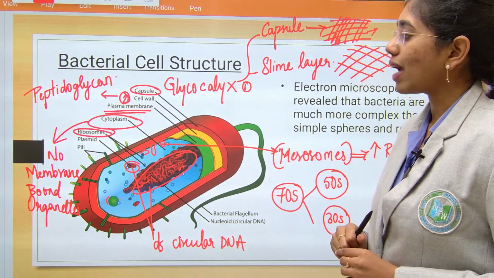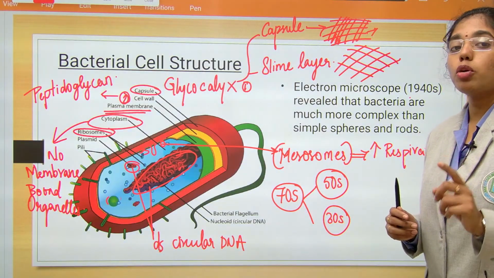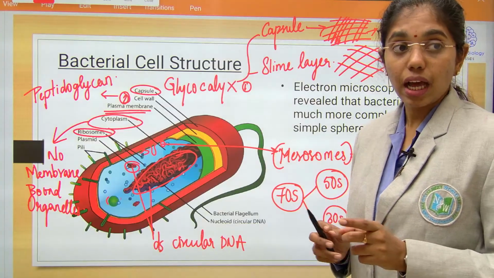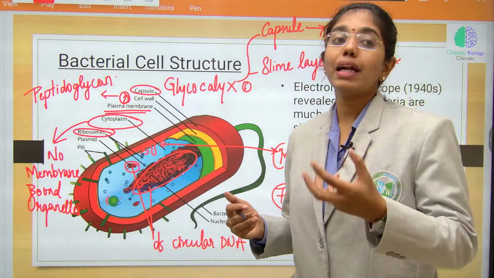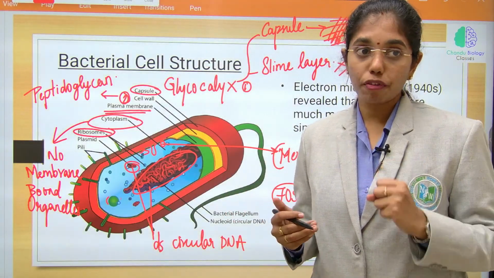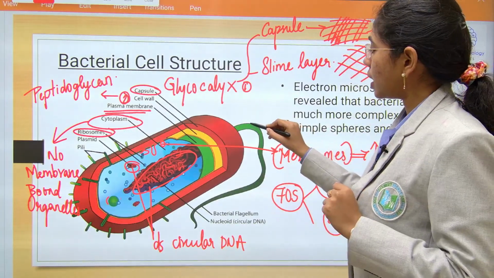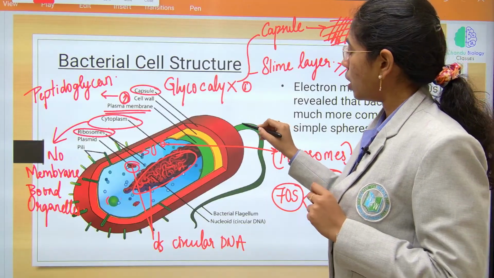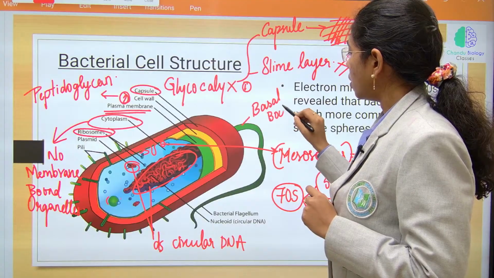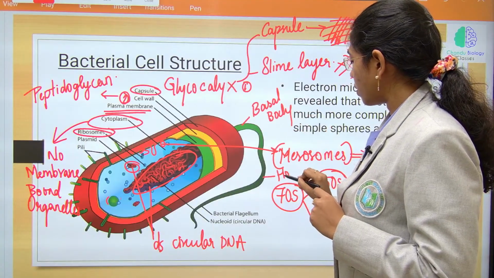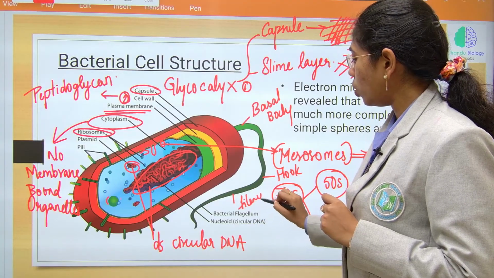Now, look at the motile and non-motile structures of bacteria. The only motile structure of bacteria is flagella. Flagella are also of many types. It can be single or multiple flagella. We will learn the types of flagella arrangement over bacteria. Flagella have 3 main components: basal body, hook and filament.